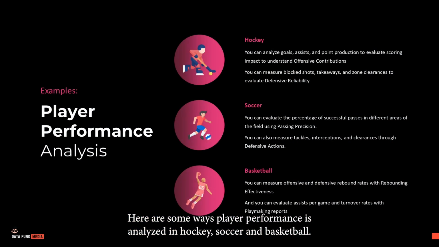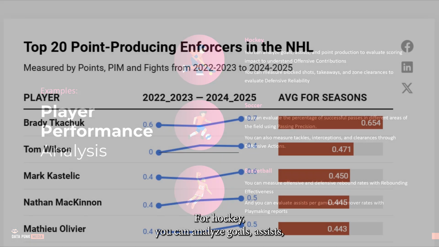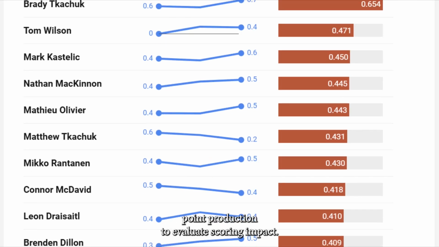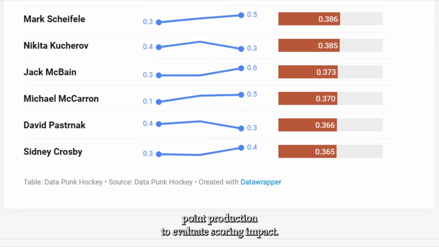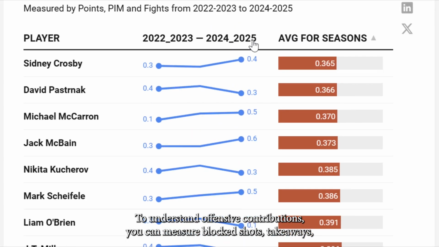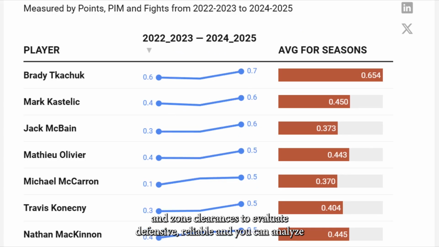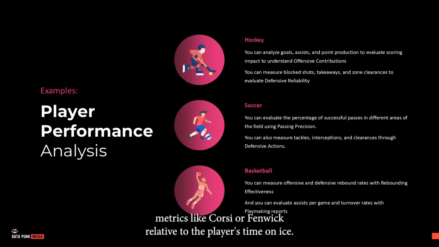Here are some ways player performance is analyzed in hockey, soccer, and basketball. For hockey, you can analyze goals, assists, and point production to evaluate scoring impact to understand offensive contributions. You can measure blocked shots, takeaways, and zone clearances to evaluate defensive reliability. And you can analyze metrics like Corsi or Fenwick relative to the player's time on ice to measure impact on